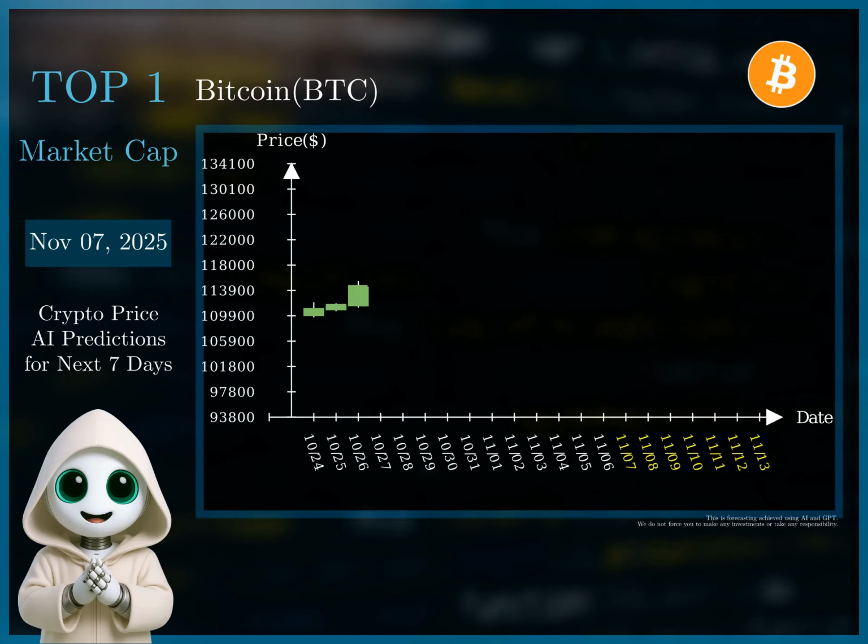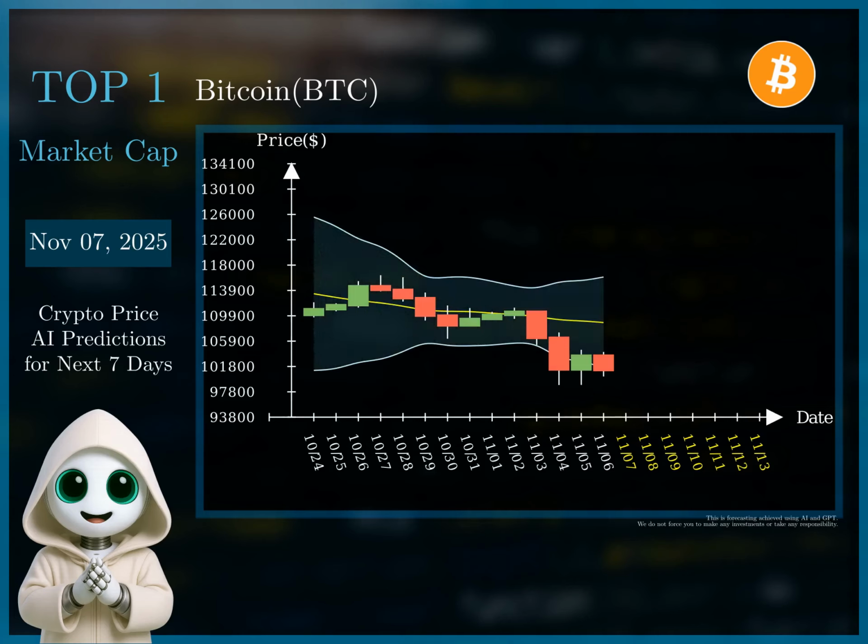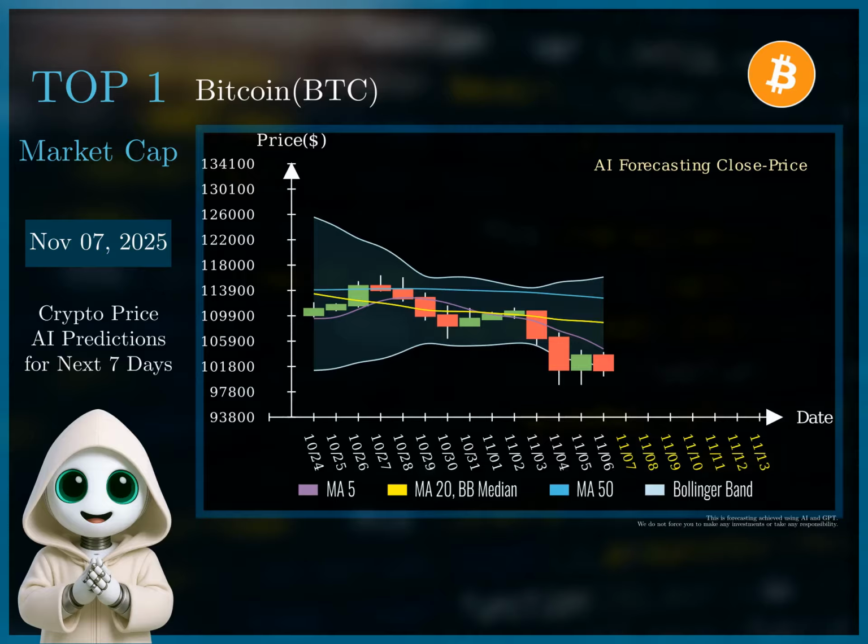Based on the historical data and forecast, Bitcoin has shown significant volatility. The price has fluctuated between a support level of $85,200 and a resistance level of $108,400. The RSI indicates that the asset has been oversold recently, with readings below 40.0. The Bollinger Band suggests that the price is currently near the lower band, indicating a potential bounce.